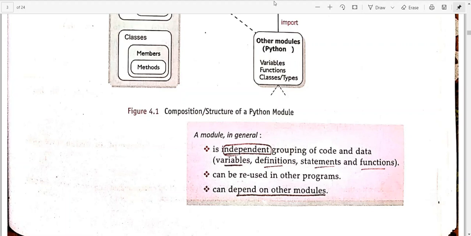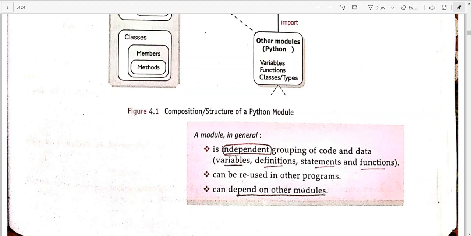You can use it here, you can use it anywhere inside any program. You can use this module by just importing it there. And you don't need to do this work again. You just include it here using the import statement, and you can use all the functionality that it offers.